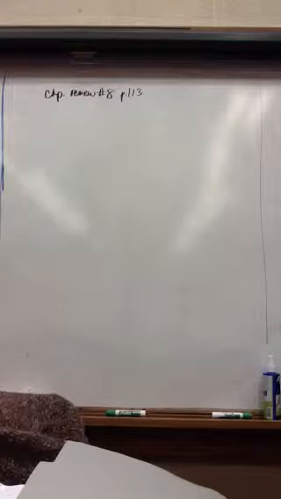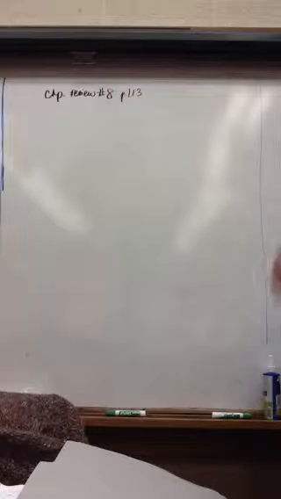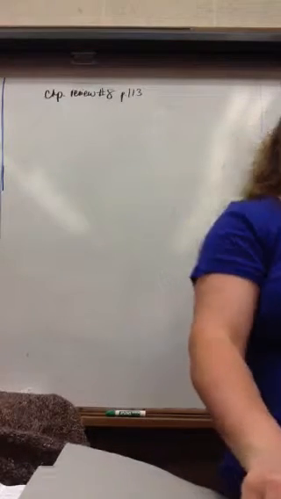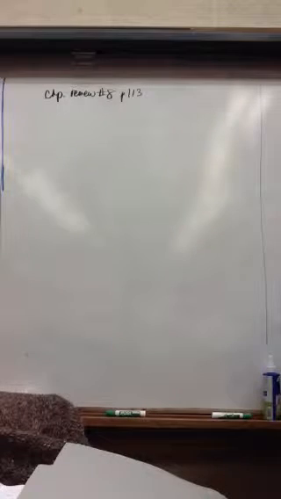Chapter review problem number 8 together. So the first thing you want to do, this is called the graphical method for finding a resultant vector, and it is literally drawing it to scale very carefully and actually measuring your answer on paper. It's painstaking, it's detailed, and if you screw up your scale or you're sloppy with your angle, you will